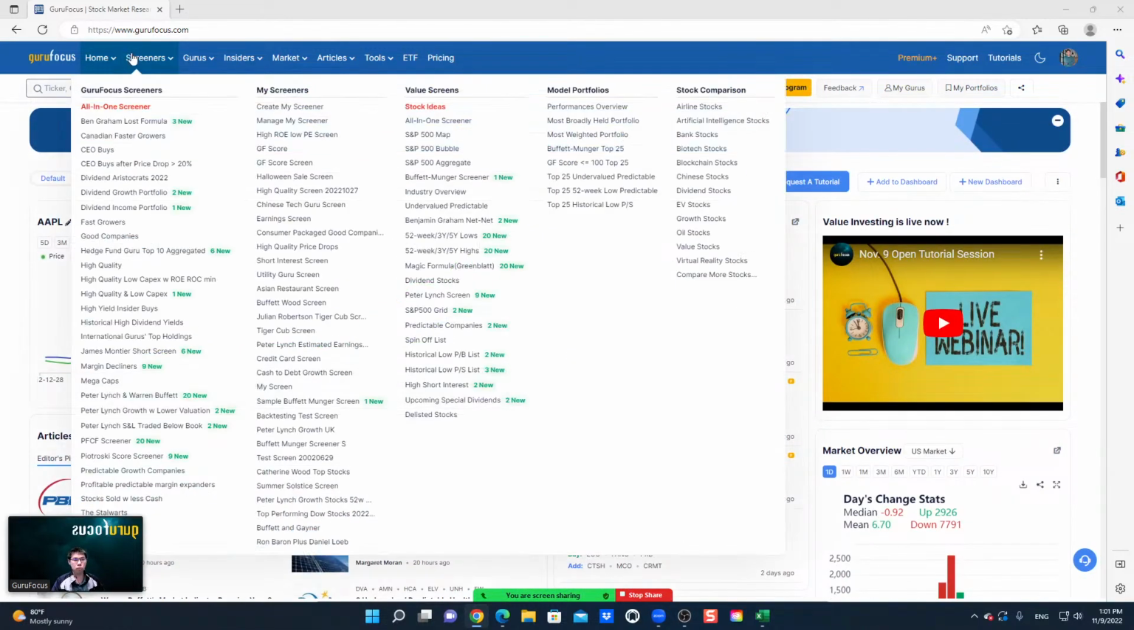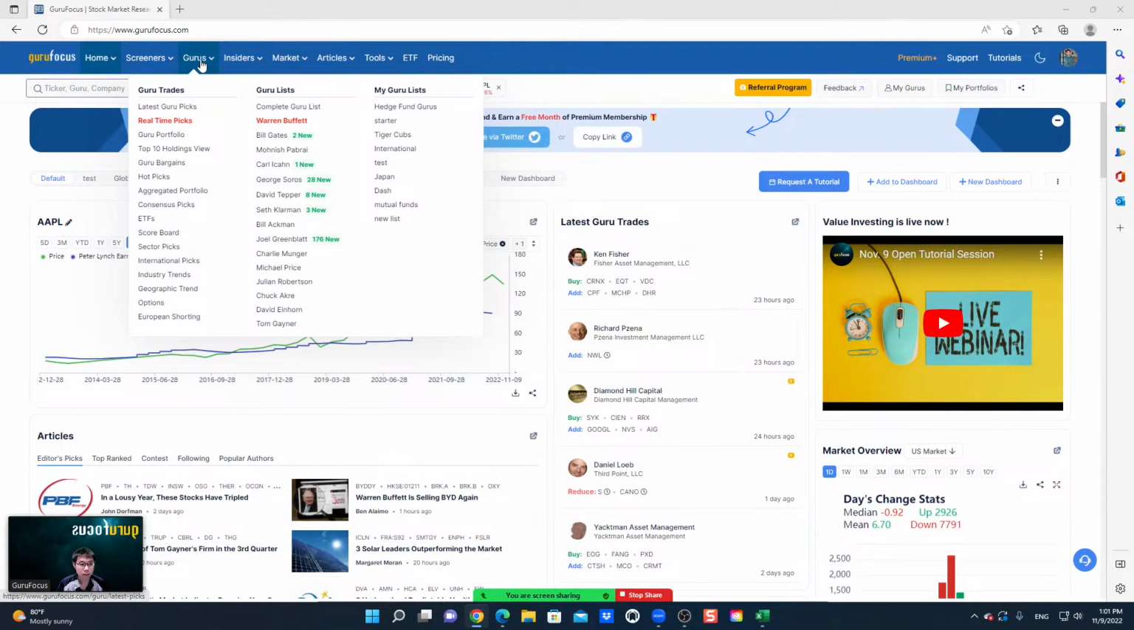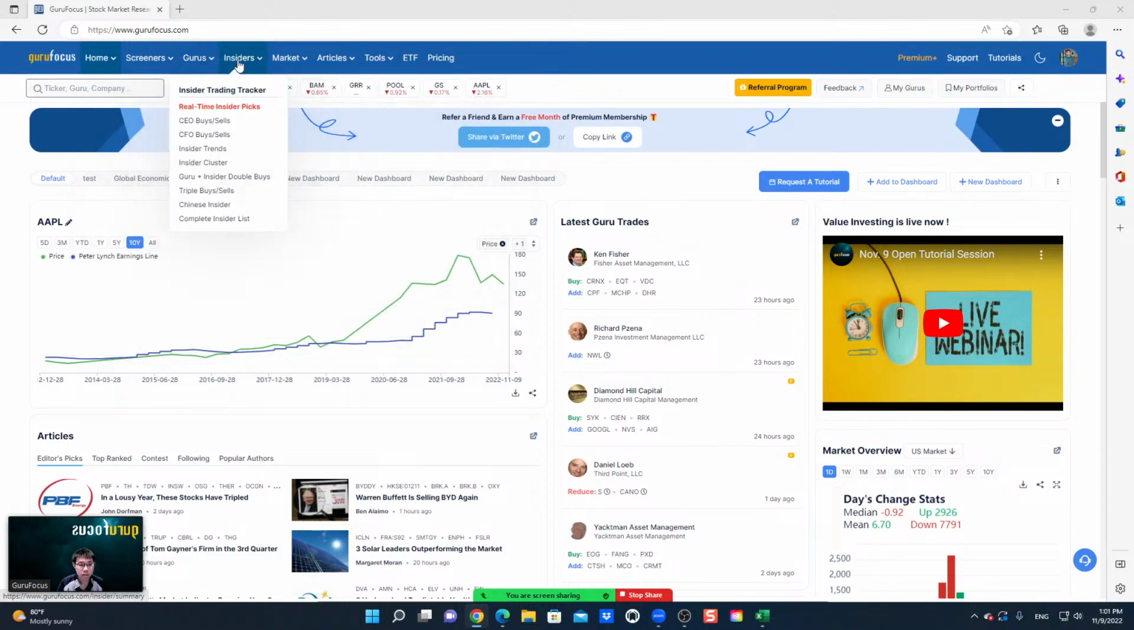We have a blue ribbon which allows you to look at all of our features grouped into different categories. So for example, if you want to look at our screeners, we have a screeners tab for it, and then we also have a tab which allows you to look at Guru trades and then Guru lists, and then the Insiders tab allows you to look at the stocks that are bought by insiders like company board directors and C-level employees,